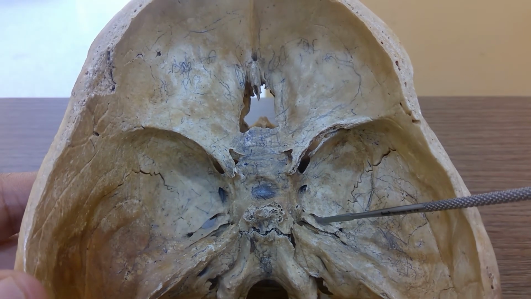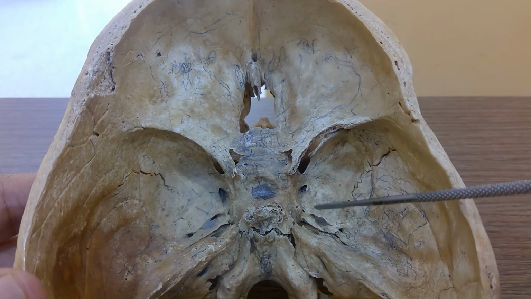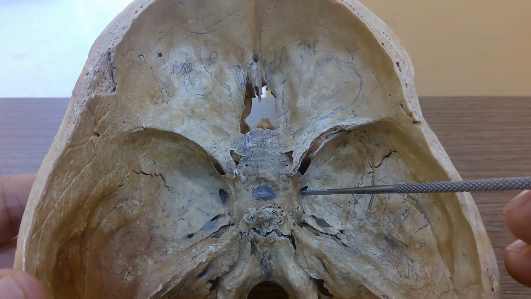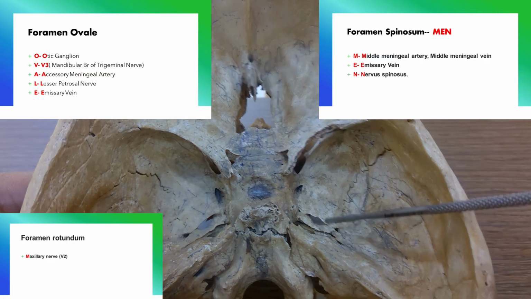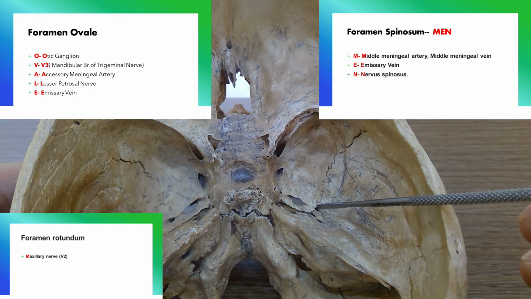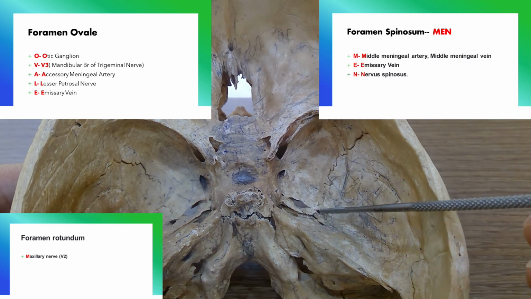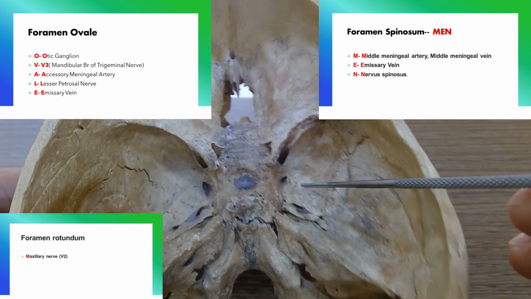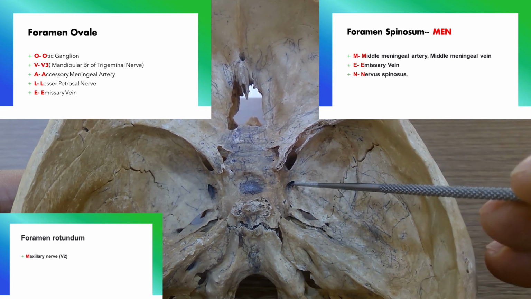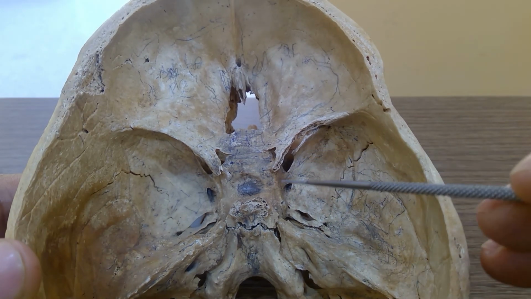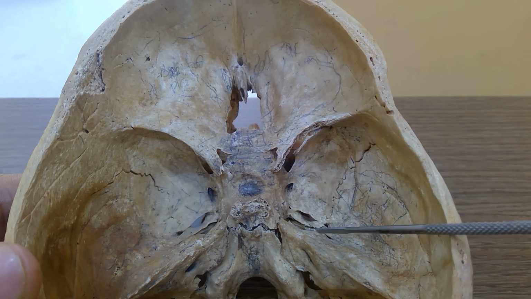So dear students, V2 passes through foramen rotundum. V3, which is the mandibular division, passes through foramen ovale. This is how to remember these 3 foramina. R for rounded, foramen rotundum, I repeat. O for oval, which is foramen ovale. The small foramen is spinosum. So through ovale, O-V-A-L-E. Spinosum, remember MEN, M-E-N. And through rotundum passes M, which is the maxillary division of the trigeminal nerve. I hope you remember all these structures passing through these different foramina. So these are 5 important foramina.